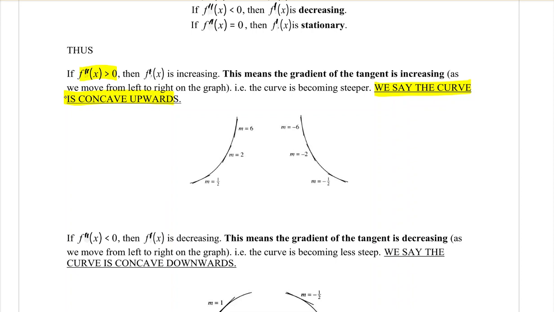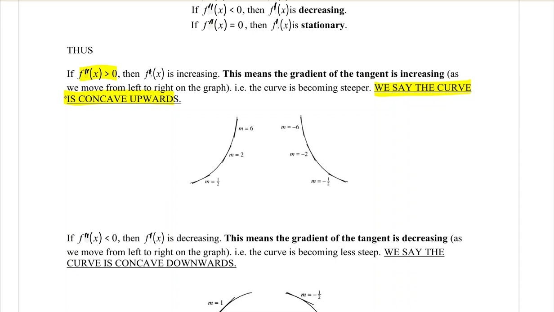However, the f dash x part can be a little bit confusing, and here's why. If I look at this first curve, it makes sense. My curve is concave up, it's going upwards, and my gradient is positive and increasing, correct? This one, though, maybe doesn't come quite so naturally. Yes, it is concave up. The gradients